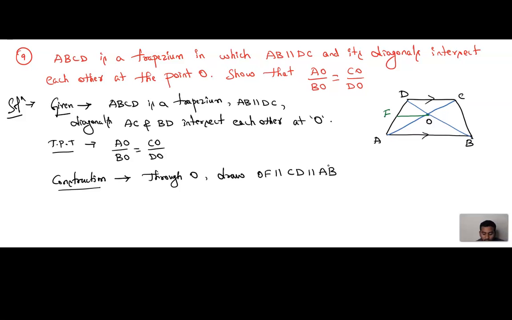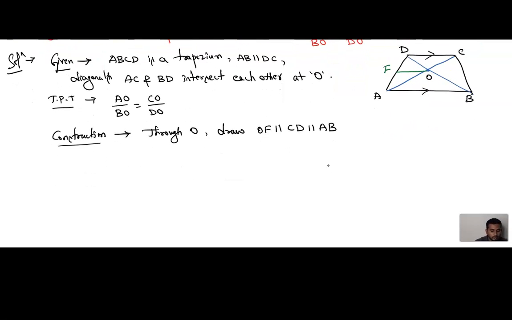Understood? Now as soon as I draw this line, can you see that we got two new triangles because of that one single line? Can you see, children? We got two new triangles after we did that. See here, I'll show you which are the new triangles. Proof. The first triangle is triangle DAB. D is here, A is here, B is here. Can you see that? Triangle DAB. And here F is there and here O is there.